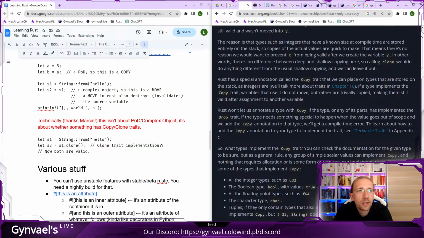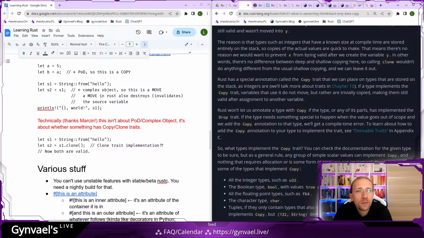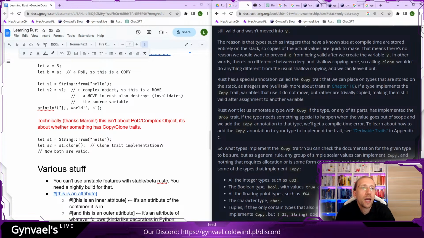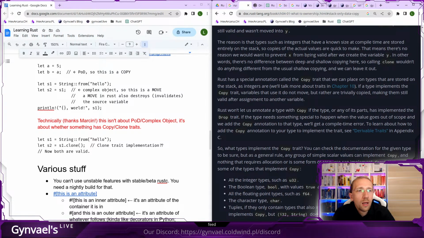That means that there is no reason we would want to prevent x from being valid after we create the variable y. In other words, there is no difference between deep and shallow copying here, so calling clone wouldn't do anything different from usual shallow copying. Okay, that makes sense. Rust has a special annotation called the Copy trait that we can place on types that are stored on the stack, such as integers. If a type implements the Copy trait,